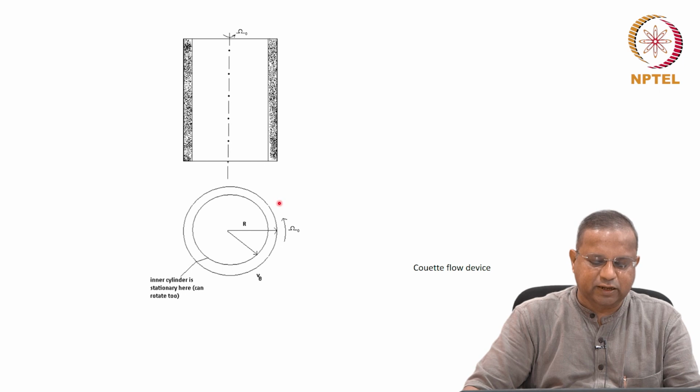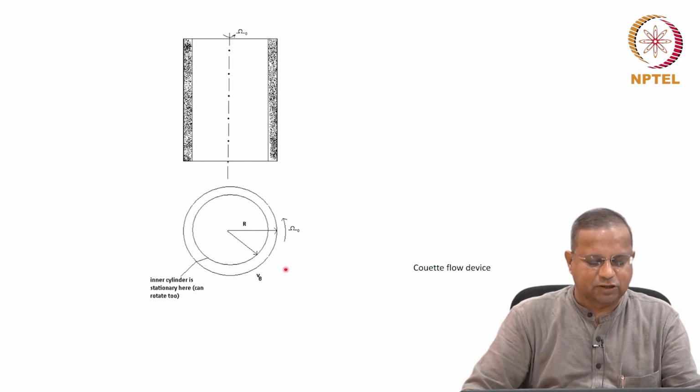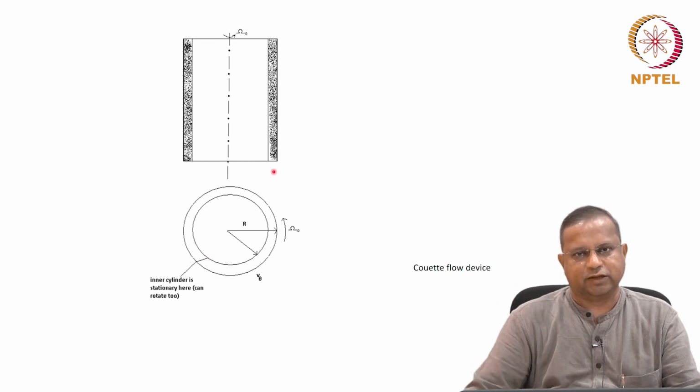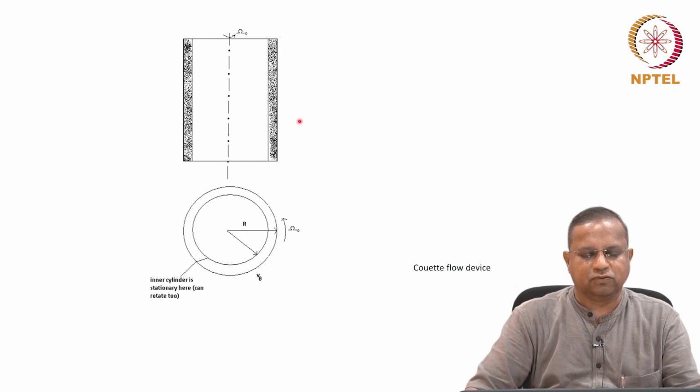So this is rotating at an angular velocity of omega naught. The linear velocity is v theta. The tangential velocity is v theta. We are going to take, in this case, that the outer cylinder alone rotates. Okay, there are some advantages to that geometry or that scenario where the outer cylinder rotates.